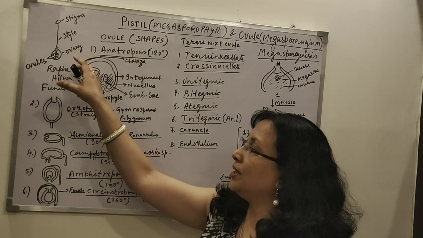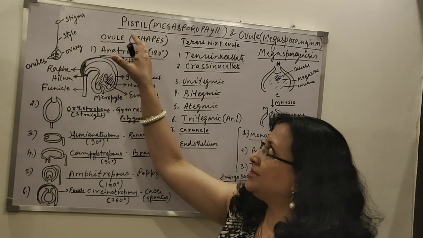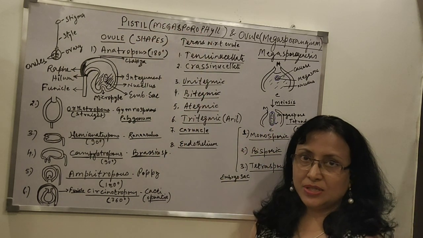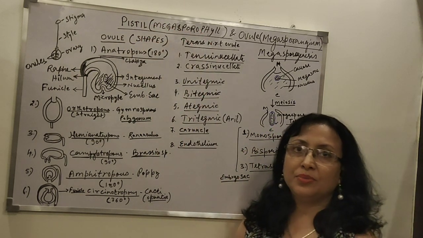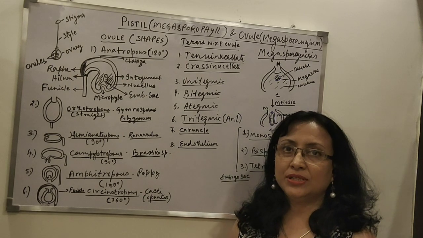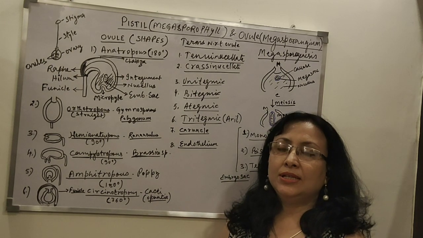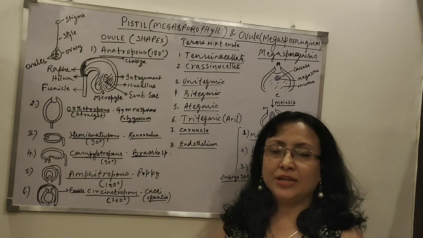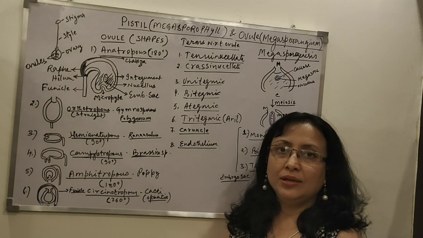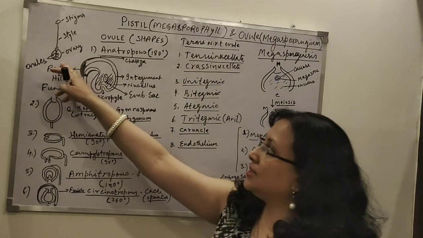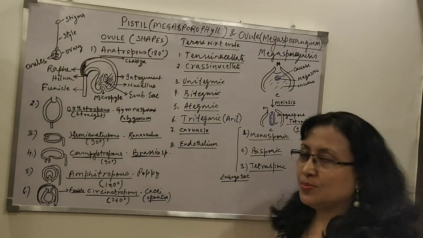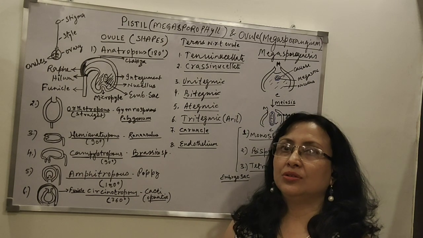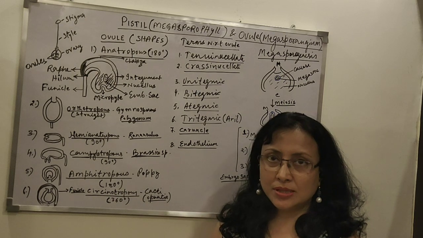Now this pistil, we also call as a megasporophyll. We have already discussed in previous classes about the origin of these words. That is, the phyll word is leaf, and these are the megaspore bearing leaves. So basically the megasporophylls are the megaspore bearing leaves, bearing inside these ovules, which are called the megasporangium, because these are sporangia or structures which are going to bear the megaspores later.